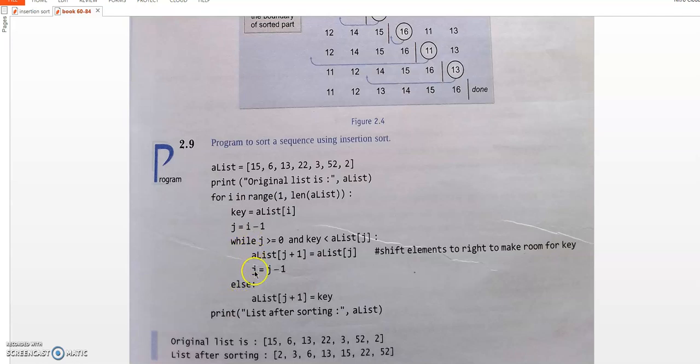Please understand, the while loop is used to identify the correct position for the new element. After finding the correct position, the else case is used to place the key value, that is the new element, in the proper place. What is the J value? J contained minus 1. So minus 1 plus 1 means 0. In the 0th position, I am placing the key value, 10. The key value is assigned.